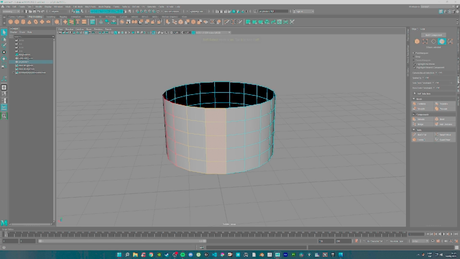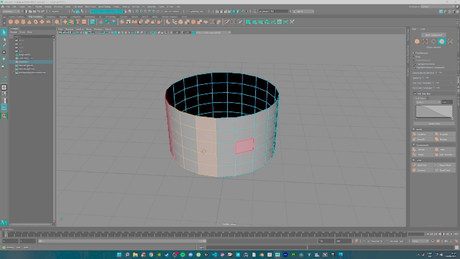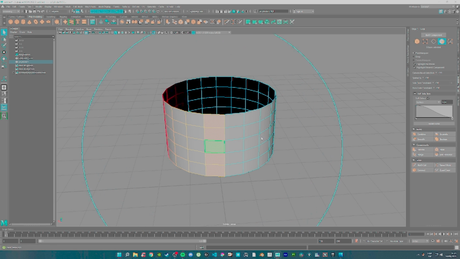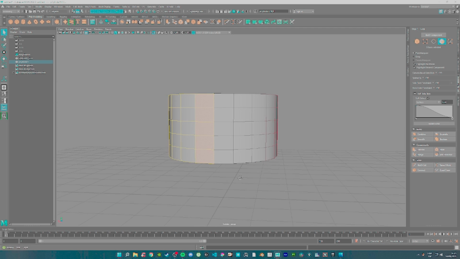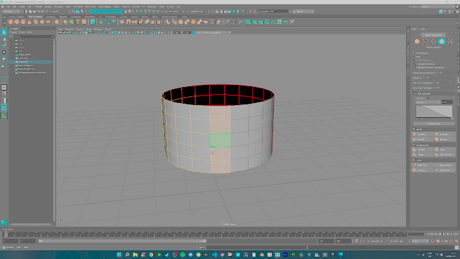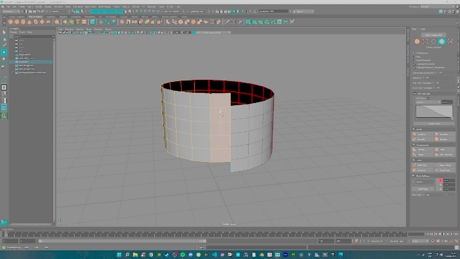We're going into modeling tab, going to soft select, going for surface, and if you hold down B and drag with your mouse, you can see the selection gets bigger and bigger. We just want to encompass this as the last one, and then we are going to move it up,